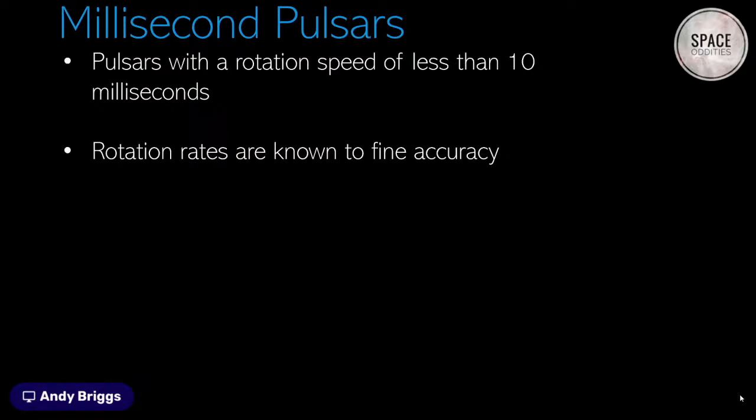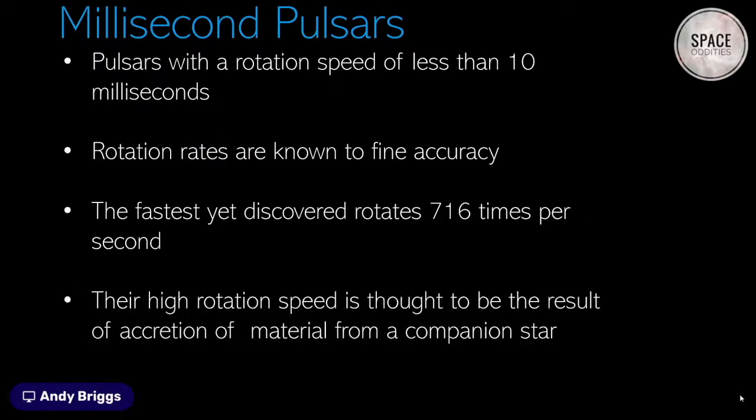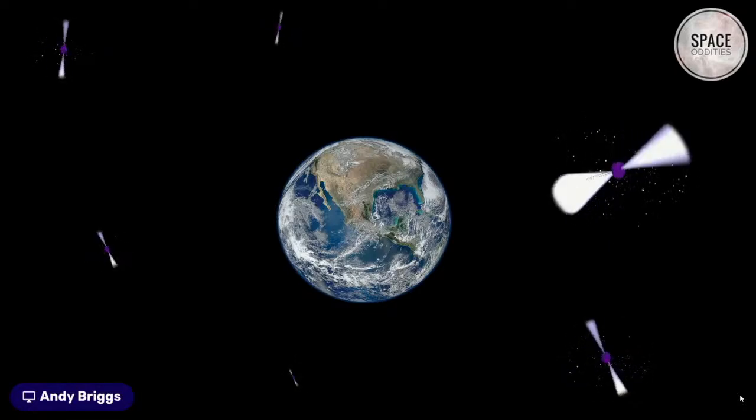In terms of timing, they rival the most accurate atomic clocks that we have. The fastest spinning millisecond pulsar yet discovered rotates at an amazing 716 times per second. And they're thought to spin at that speed because they've been accumulating material from a companion star, which has the effect of speeding up their rotation. But the important thing here is they are incredibly accurate clocks. Now, astronomers have used 68 of these, all at different distances from the Earth, and as the pulsars spin,